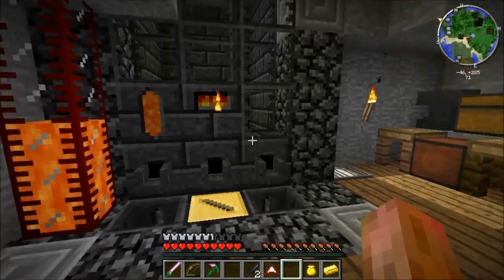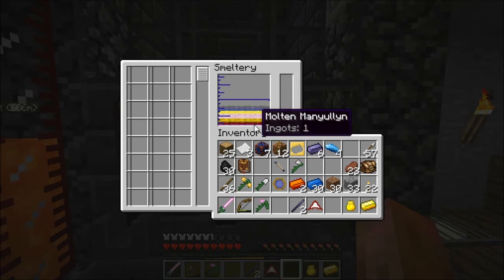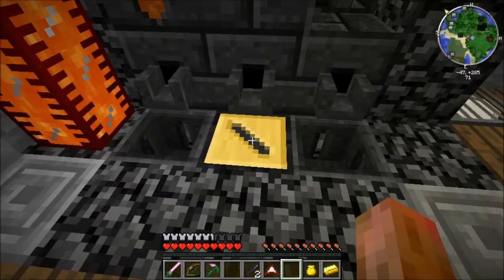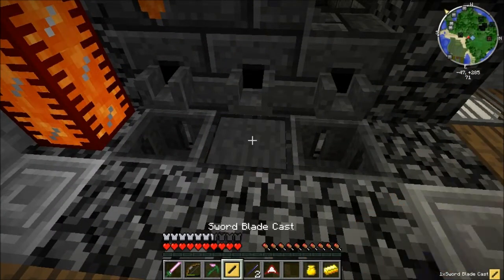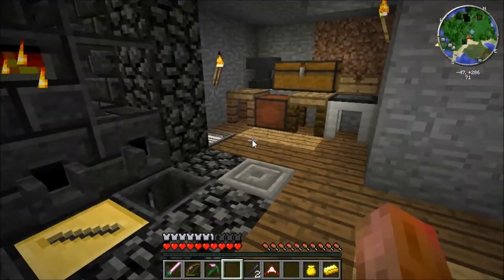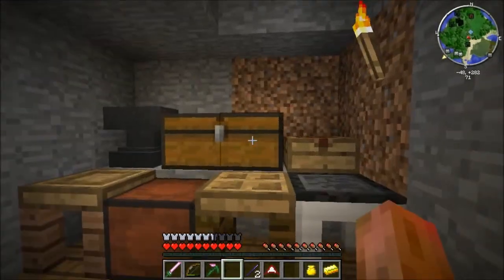Okay, we got stuff all melted down. I have 1 ingot of manilium. Manilin. Is that it? Manolin? We got 1 ingot of it. I got my sword cast here. Sword blade cast. And I believe the way that the cutlass works is technically...